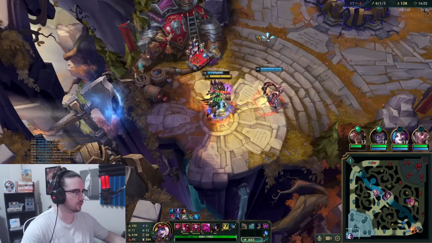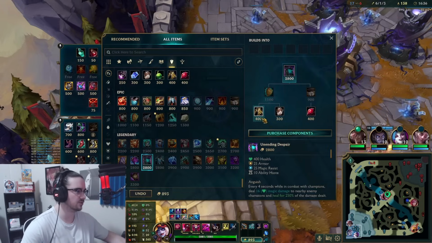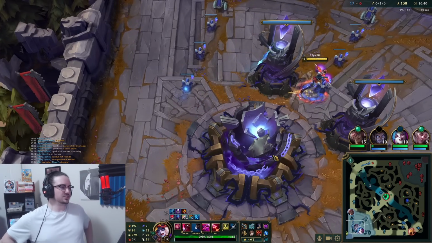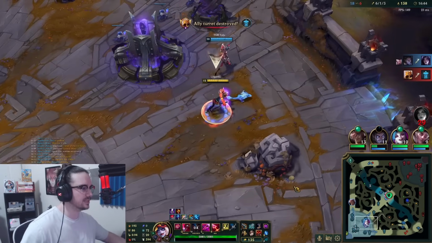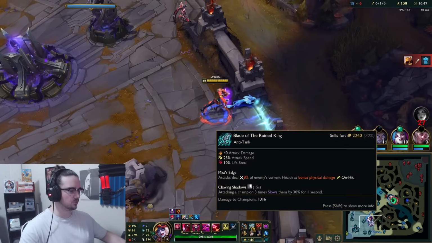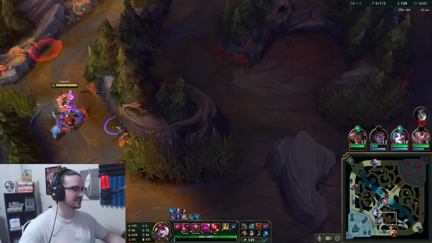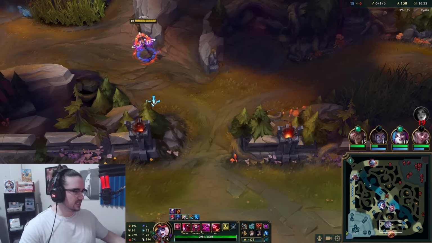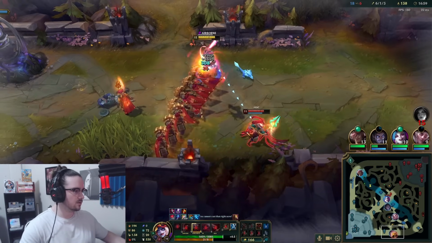Now again, for everyone new to Unending Despair, this item did get nerfed a little bit, but it's still insanely sweet, can't lie. The thing about it now is it's less of a generic tank item that's super efficient. Now it's more like a cheap, tanky spike. So in a game like this, where you're scrapping really well, you just need that little bit of tankiness to send you over the edge. This is the purpose of it. So as you can see, it's 400 health, 25 of each armor and MR, and ability haste, and then...